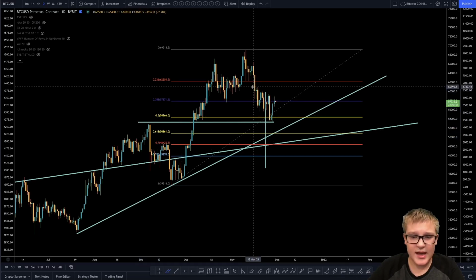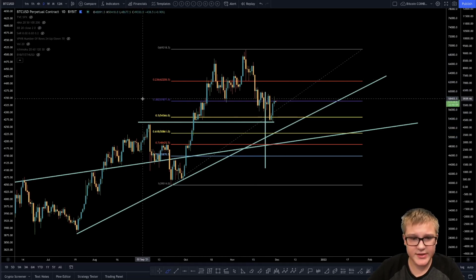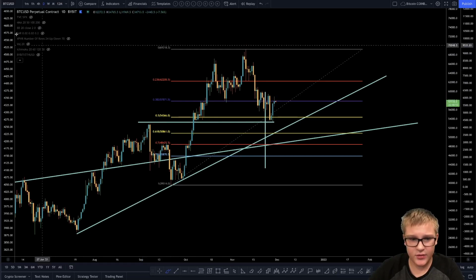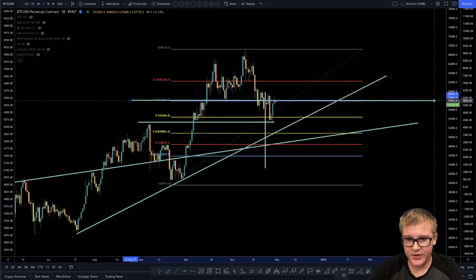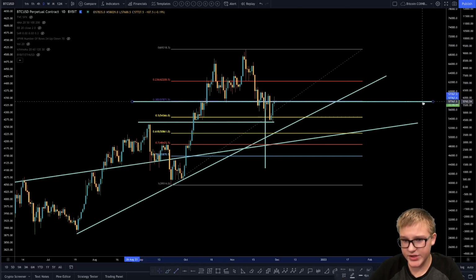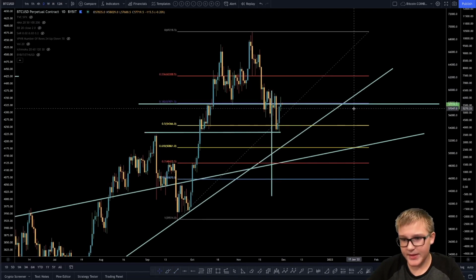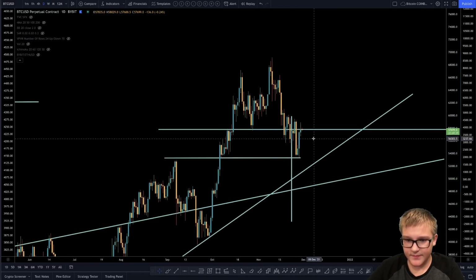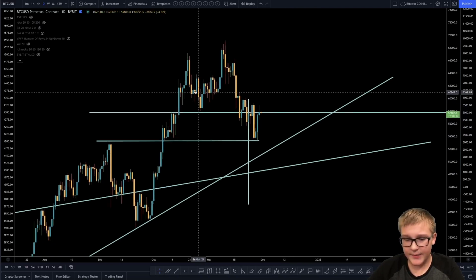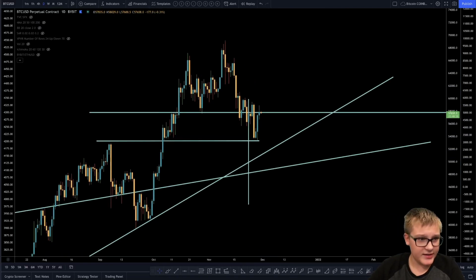But we do have a little bit of a warning, because we're tapping the 0.382 level, which is a really big level. The 57,871 level, which Bitcoin is right now getting rejected, is a big level we have to be looking out for. Because if we get rejected off this level, I believe we could go lower